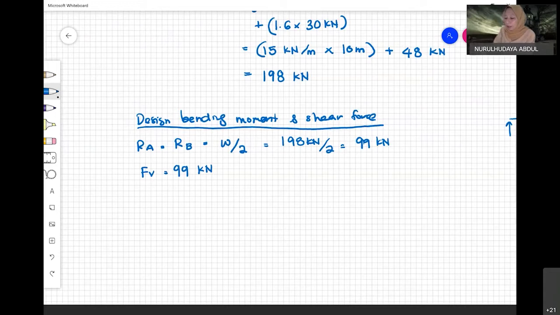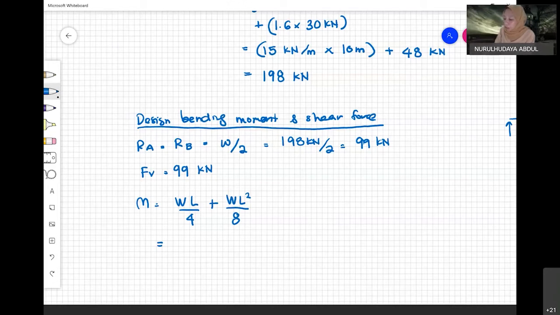And then we calculate the moment, which is using the formula WL/4, because kita ada point load, WL/4 ni for point load, and WL²/8 adalah untuk UDL. Okay. So W here,